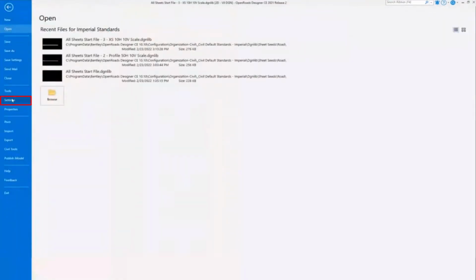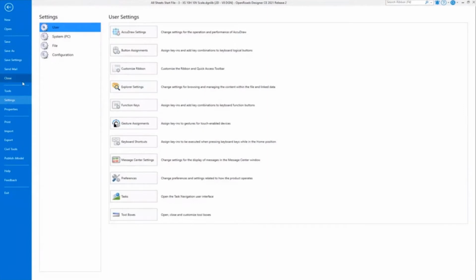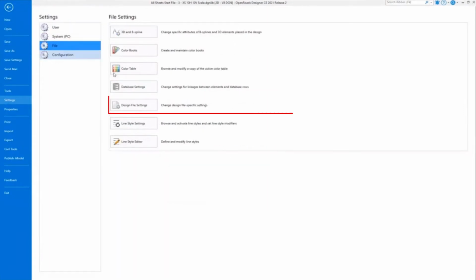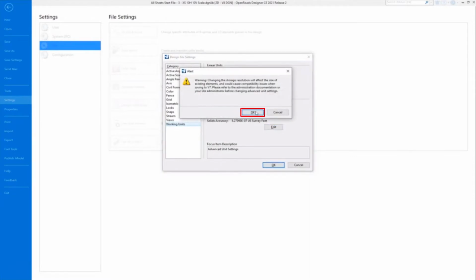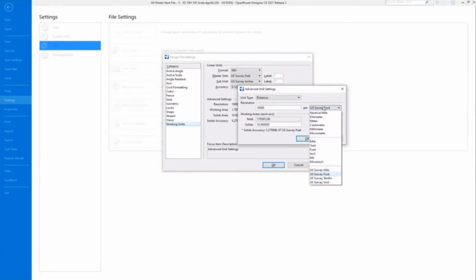I'm going to jump over here to my settings. File, design file settings. This is where your units of resolution are. You'll see that I'm in US survey feet. All right. If I change this to international foot,